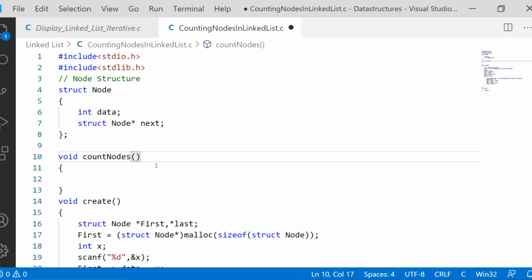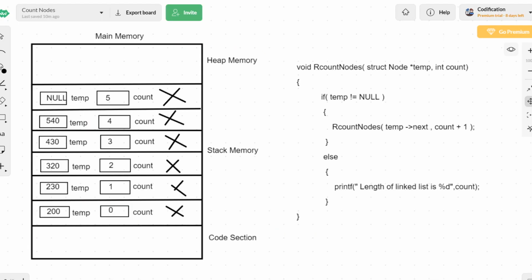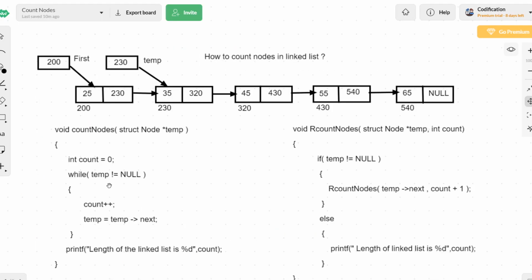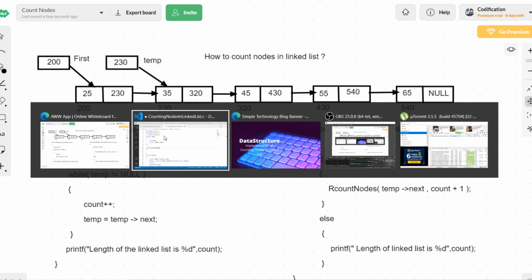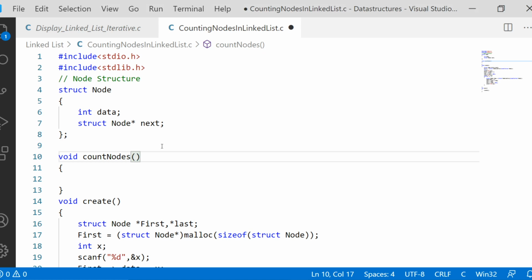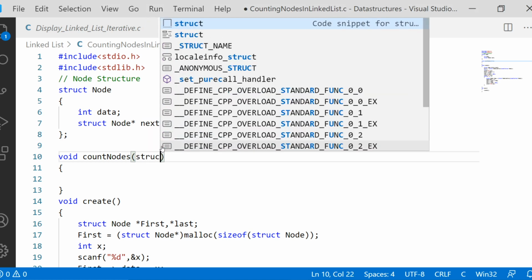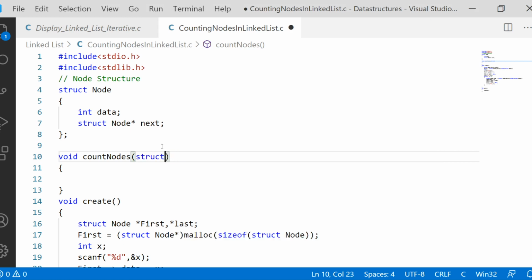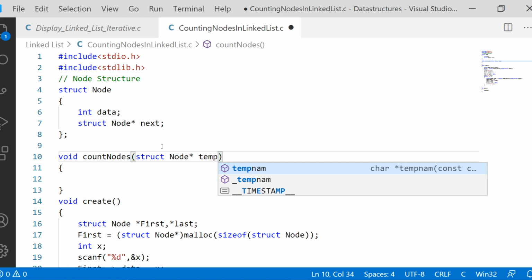When it comes to the iterative procedure, we were discussing only having temp, a pointer variable to receive the address of the first node. So as the very first argument, you simply write struct node start, struct node start temp.